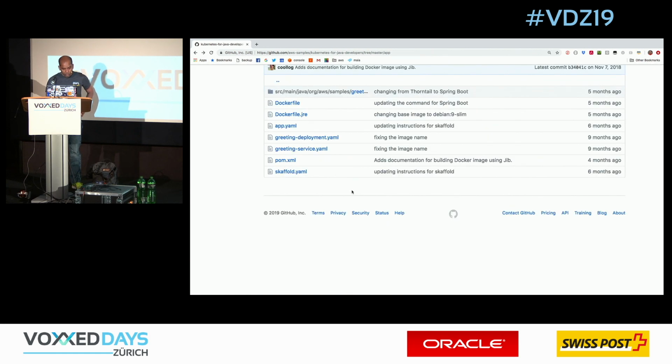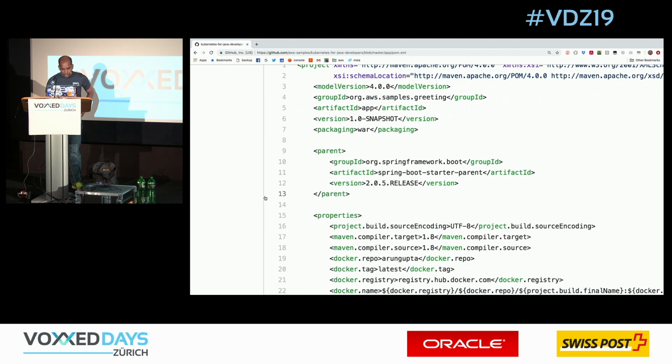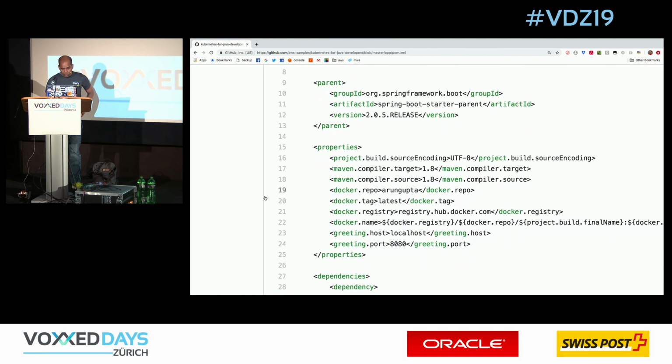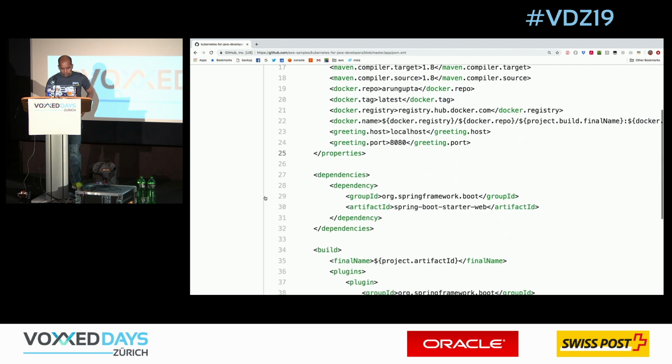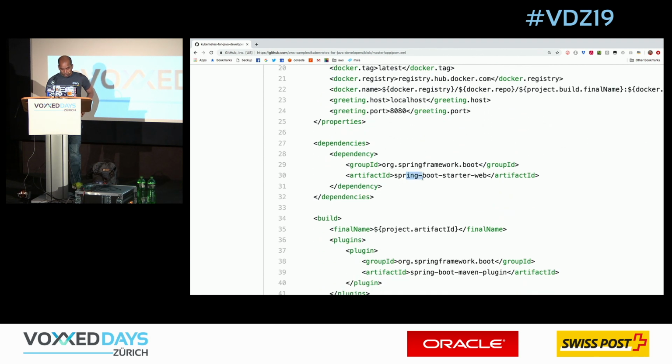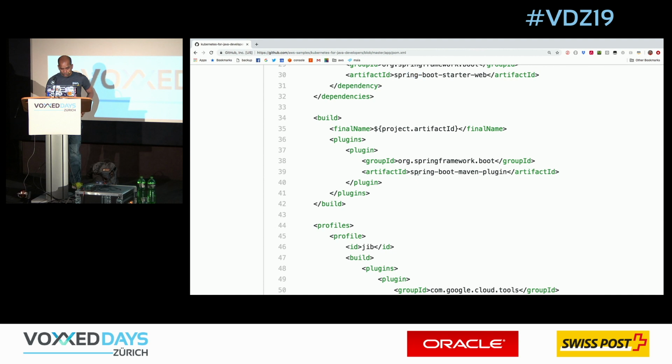So now we go back here. Now if I look at my pom.xml, it is very standard, nothing fancy here. Spring Framework parent. I got my starter here. And then I have the Spring Boot Maven plugin. It allows me to run my application very easily and get started with it.